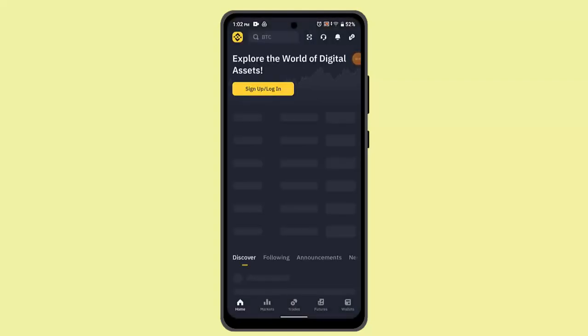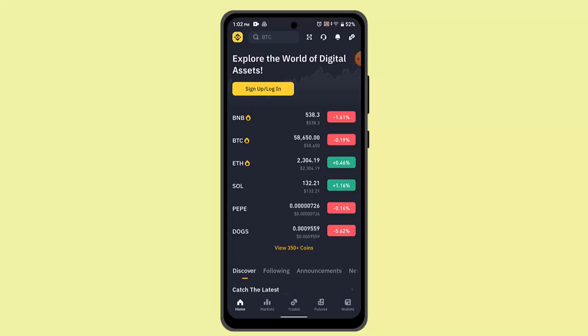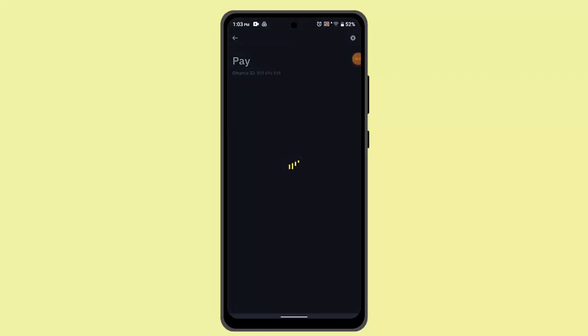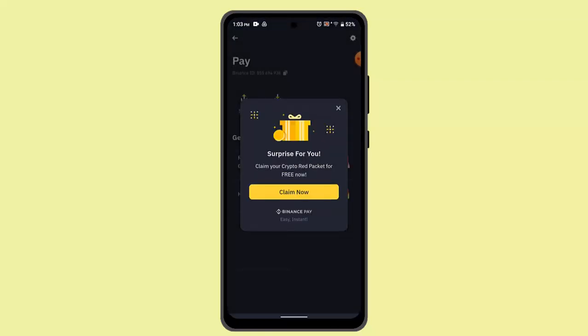In this video, I'm going to let you know how you can send Arbitrum from Binance to Metamask. In that case, what you have to do is simply go ahead and log into your Binance account. On this page, what you have to do next is press the add button from the top right hand side corner. When you do that, you'll need to go ahead and select